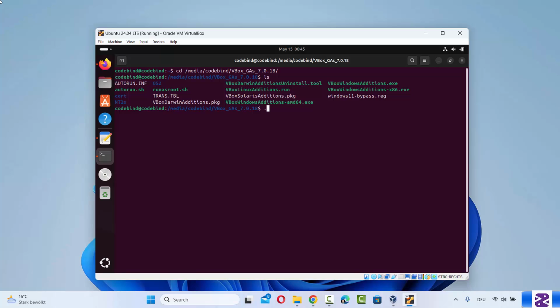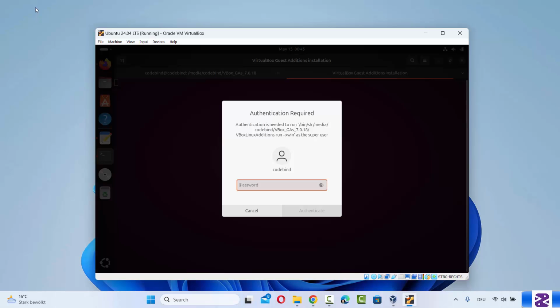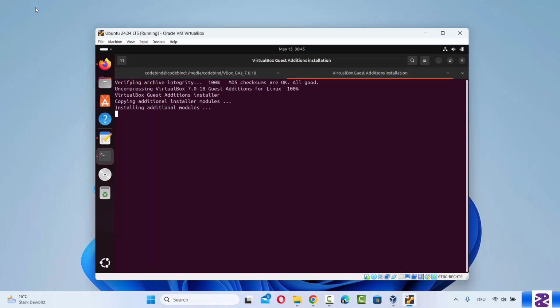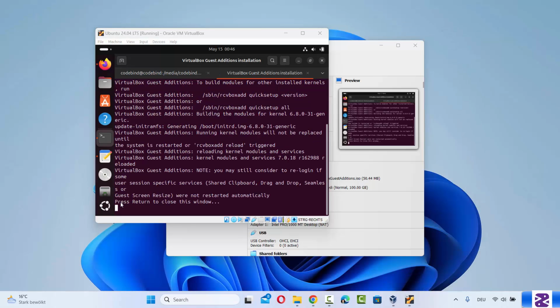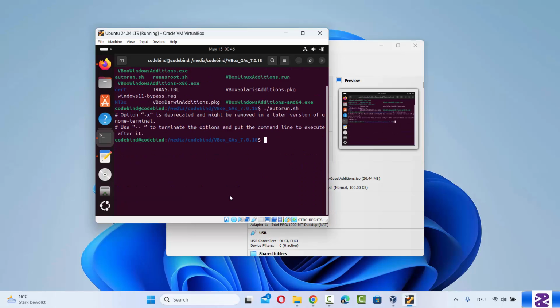So I'm going to just write ./autorun.sh, which is the shell script which I want to run, which is going to install these VirtualBox guest additions. So at this point, I'm going to press enter here, and here just give your Ubuntu's password and then press enter once again, and it will start the installation of VirtualBox guest additions on your VirtualBox. And after some time you can see this message which says press return to close this window. So I'm going to just press enter key on my keyboard,